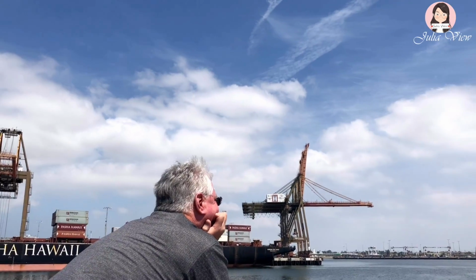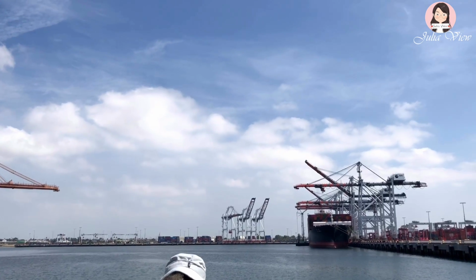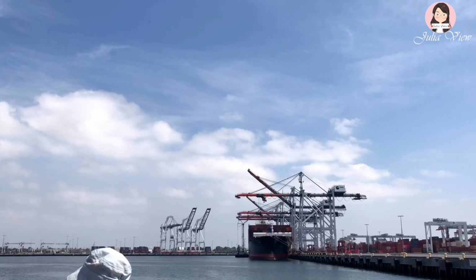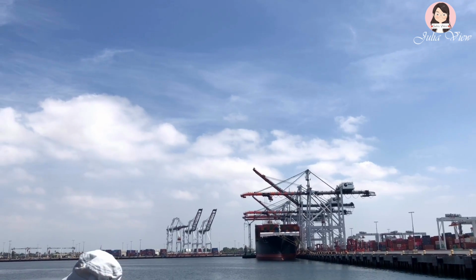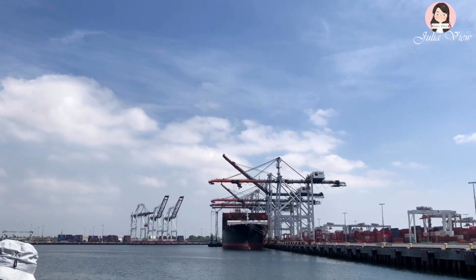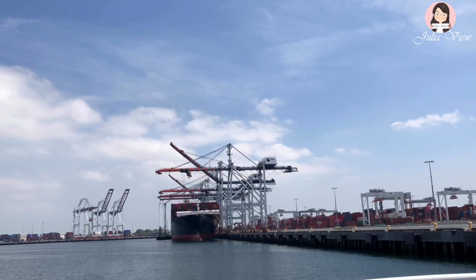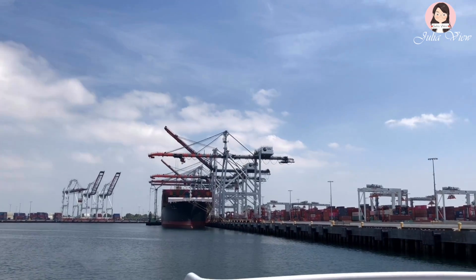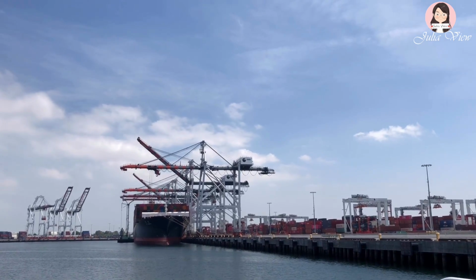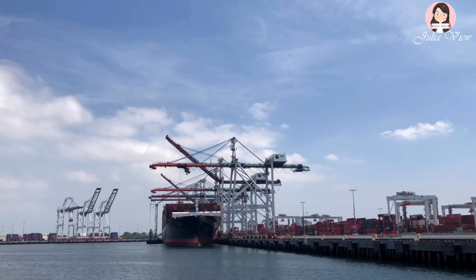And here we have one of 2 automated terminals in LA Long Beach. This is TraPac facility, Japanese owned. And what's happening here, there is still somebody in the crane that picks up the container, that brings it all the way on the back reach of that container, where you see those cables hanging. They go all the way that way. They place that container on the ground, and those red machines, they are automated straddle carriers, detect that there is a container on the ground. They will go there, they drive over it, they pick it up,